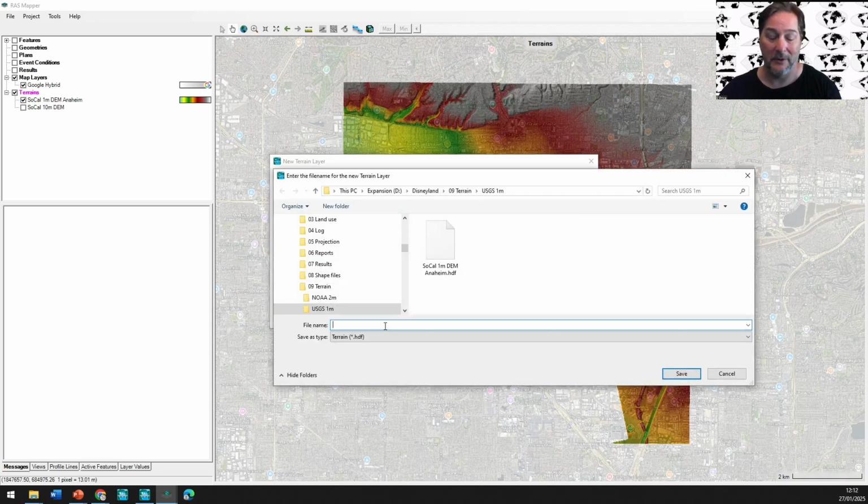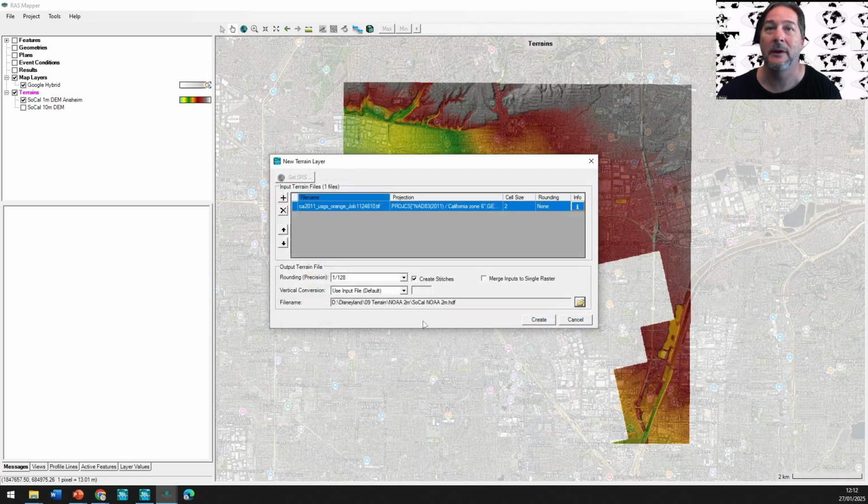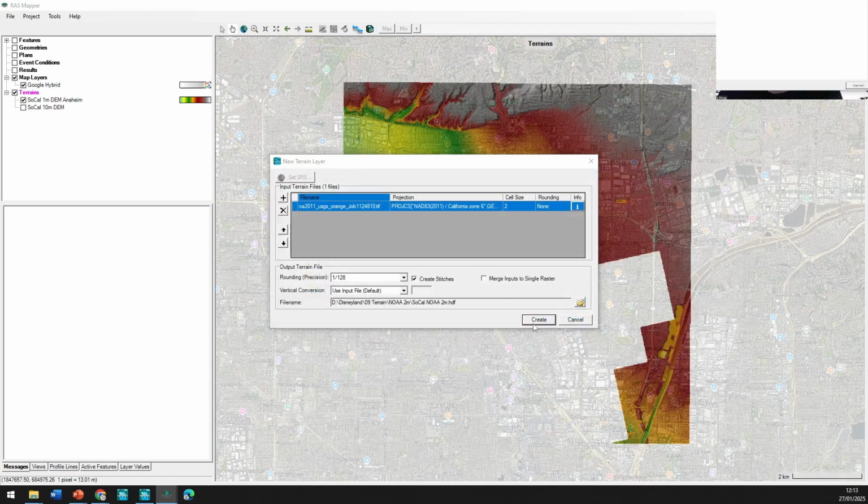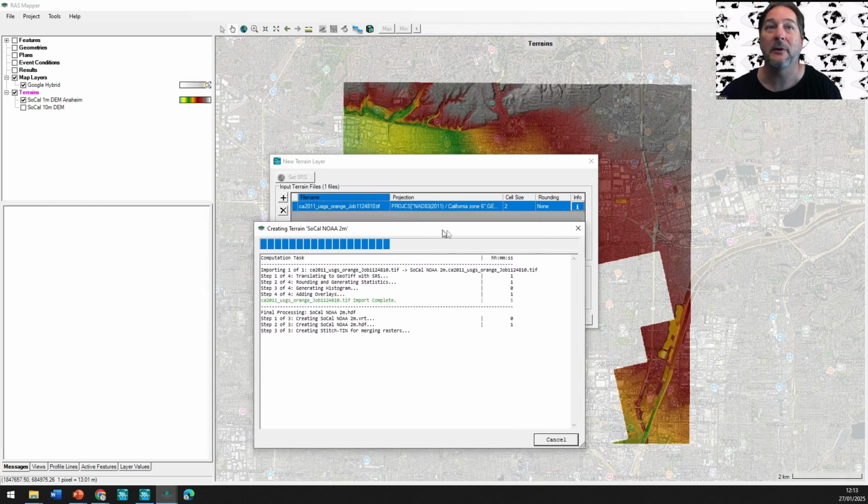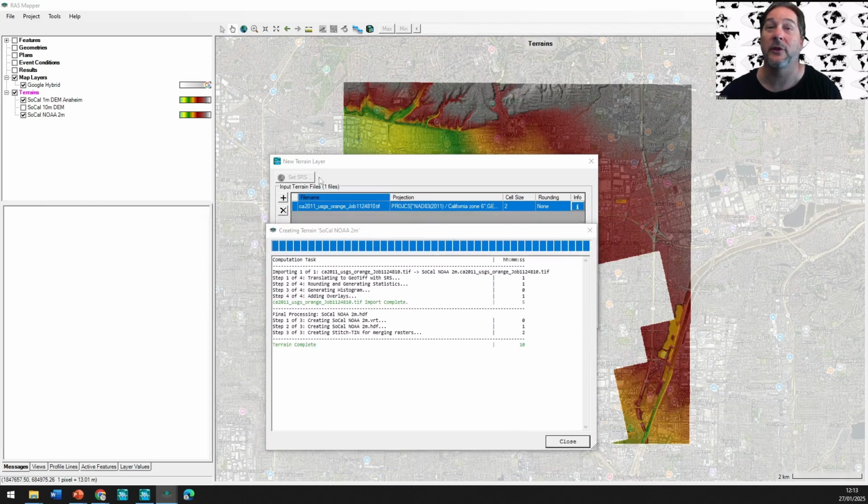We may see some no data values. In trying to keep this organized, I will go back up here and make sure I put it in the right file, and I'm going to call this, for consistency with the other ones, SoCal NOAA 2-meter DEM, and hit create now. You can see the cell size is coming out in 2 meters, and you can see the projection, which matches what was in the NOAA data viewer, but